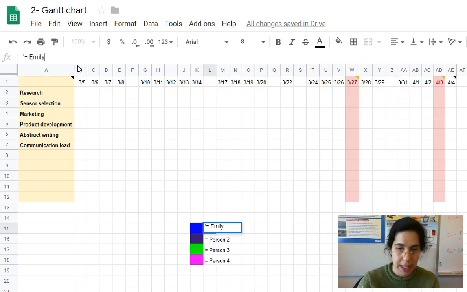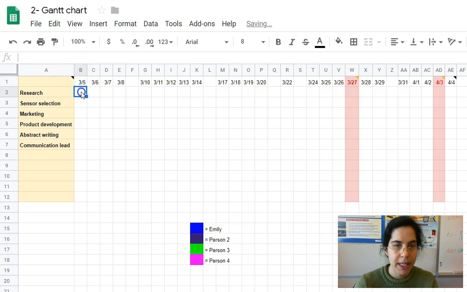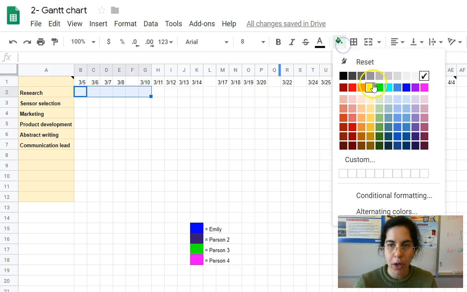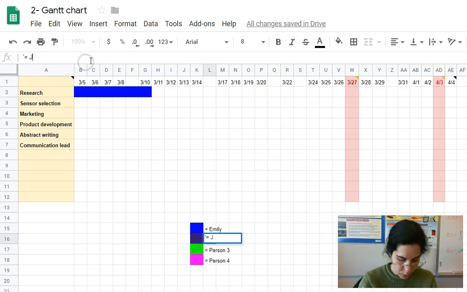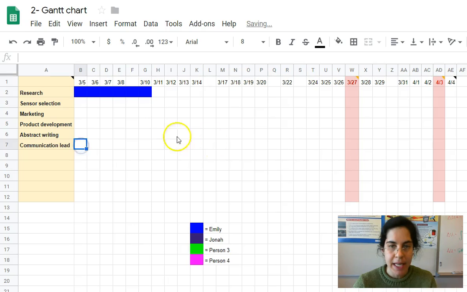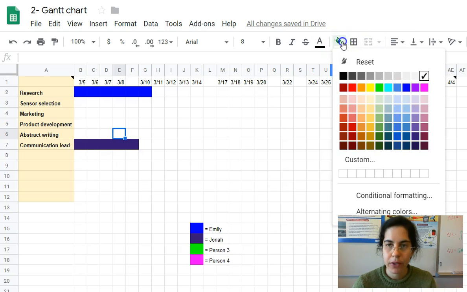If Emily is going to start the research today, and she plans to have it finished by next Monday, mark that on the Gantt chart. If the chief correspondent is going to be Jonah, and he's also going to take care of some of the writing, then he can plan to send the emails 1 week and take care of the writing over the weekend,